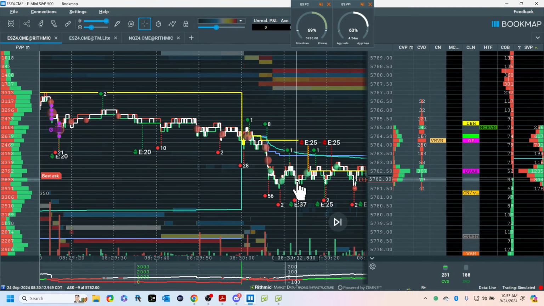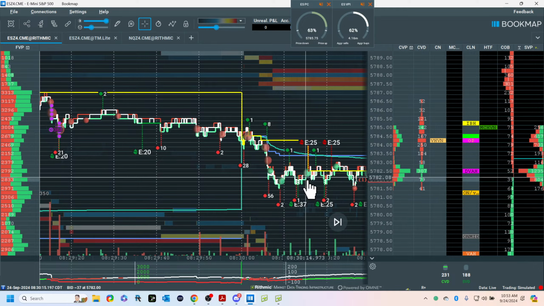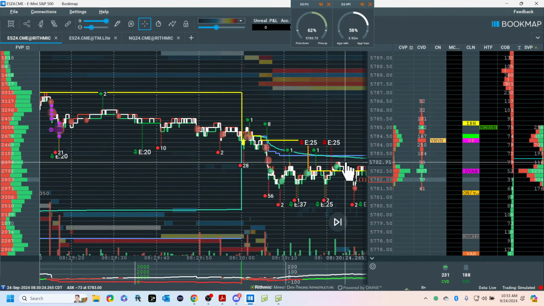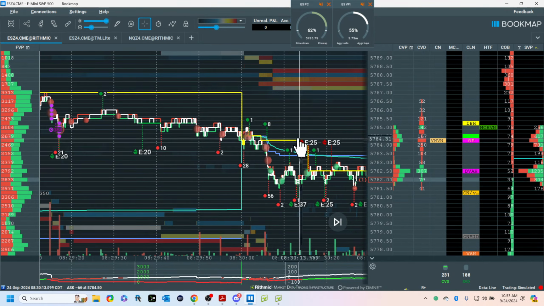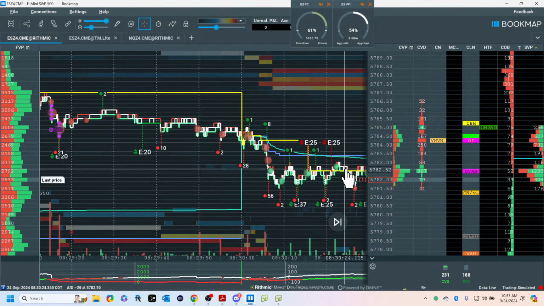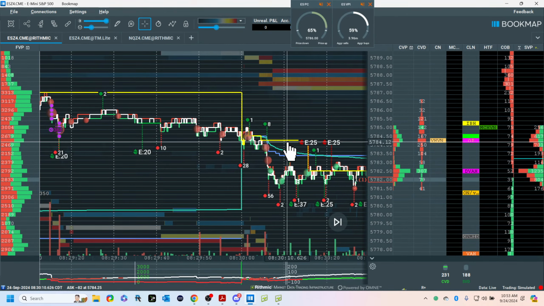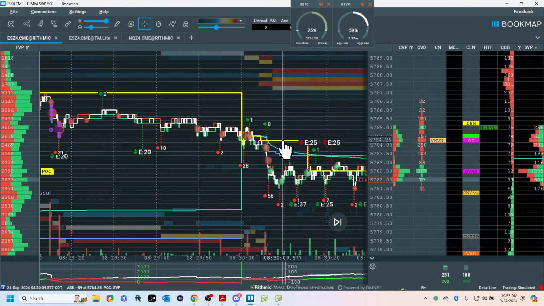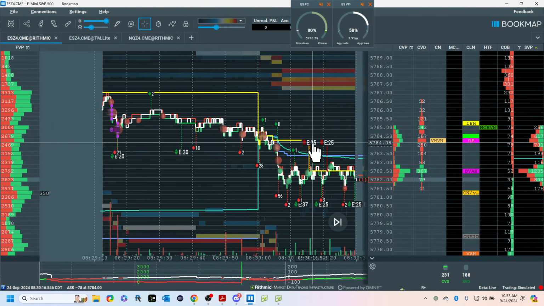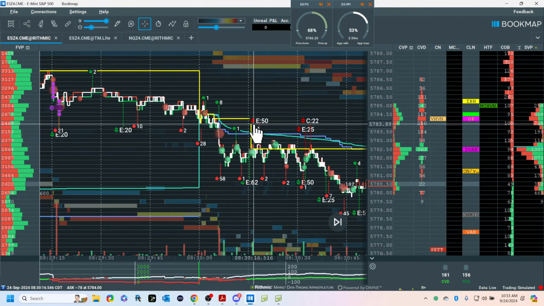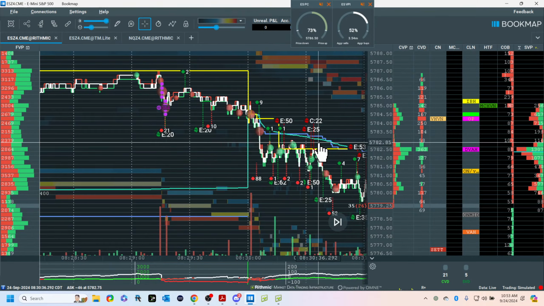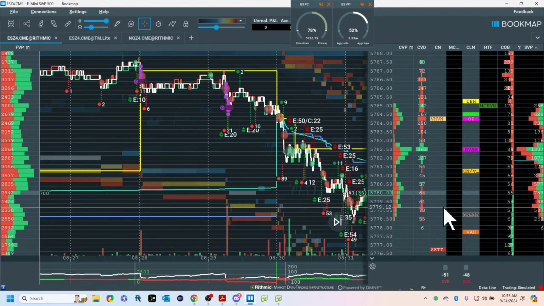Too high. Break low. Now, this is VPOC migration. I have mid and VWAP, and this is moving away from this. So if I get short, my stop has to be out here. So my first trade is a short. Target overnight mid. You took these stats down. Now I'm sitting short.